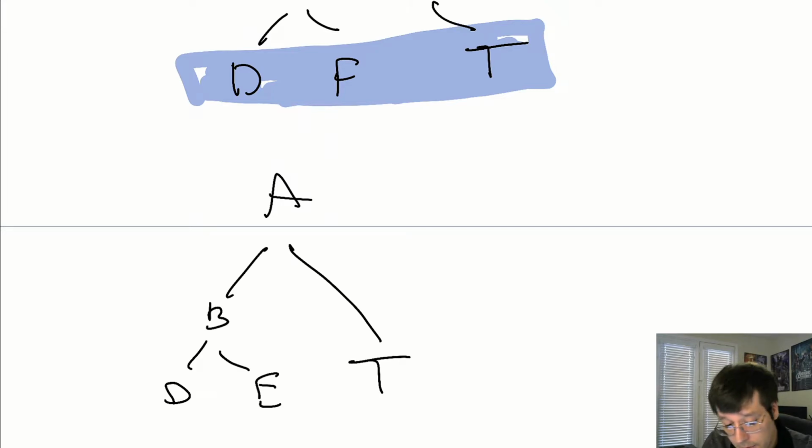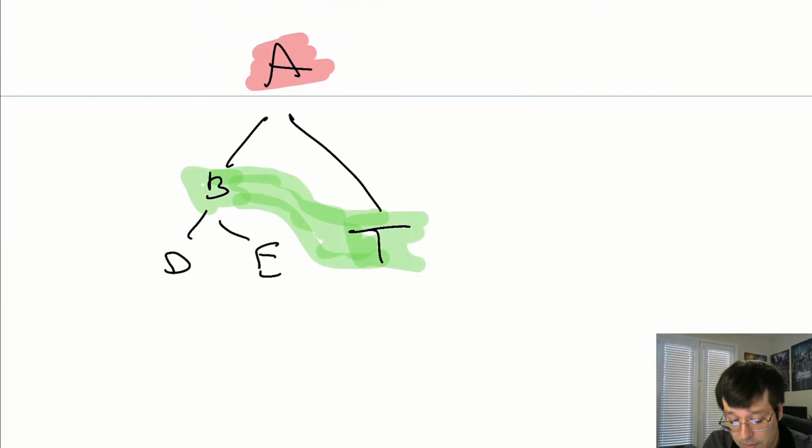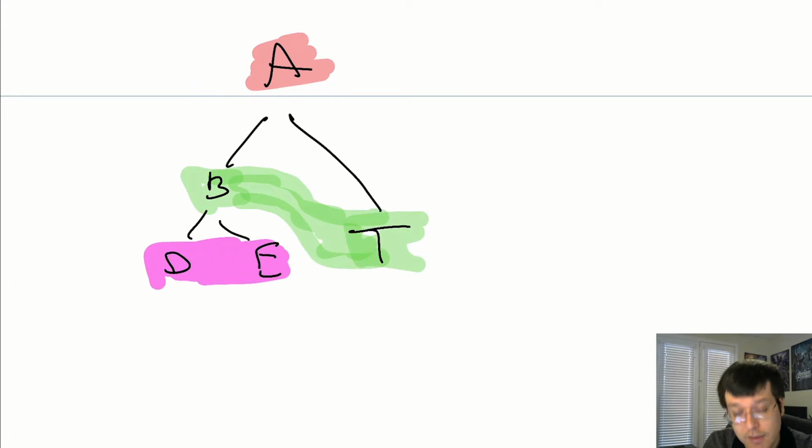Let's say you write a tree like this. Technically speaking, in this nasty tree, this is one level, and then the next level is this node and actually this node. It's just because the tree is drawn poorly that it looks like that. You might be misled to say all these three are one level, but they're not, because technically the T is only one generation away from the A. It's actually the brother of B. We don't really use the terms brother or sister for it, but you know what I'm saying.